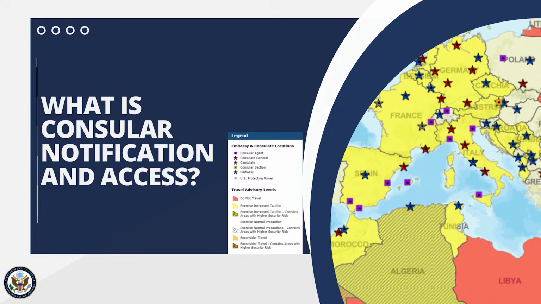So what is consular notification and access? It's the process of informing a foreign government representative of the arrest, detention, or death of a foreign national, and allowing the government to communicate with its nationals in detention. The foreign government representatives are normally consular officers. Consular officers assist and protect citizens of their own country when those citizens visit a foreign country or live abroad. This is important for all of us as Americans because this is a two-way street. The United States has consular officers in over 200 embassies and consulates around the world to assist U.S. citizens who need help, including when they are detained by foreign authorities.